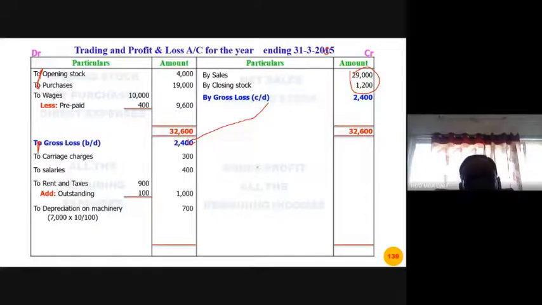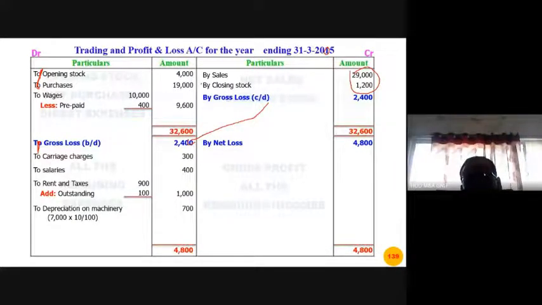What do I have to do? I have to make the total of debit: 4,800. Yes, carry towards the opposite side. Credit total is 0, so 4,800 minus 0. What is it? Same 4,800. For that you have to write by net loss. Here also debit is more than credit. When the debit column is more than the credit column, the difference is known as a loss. This is the net loss.